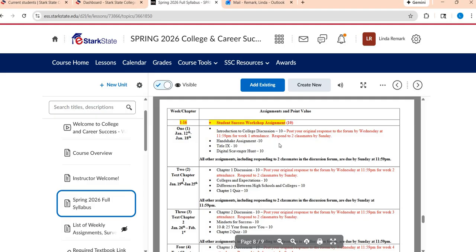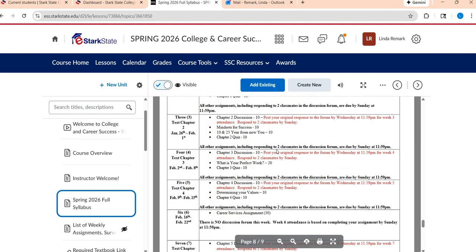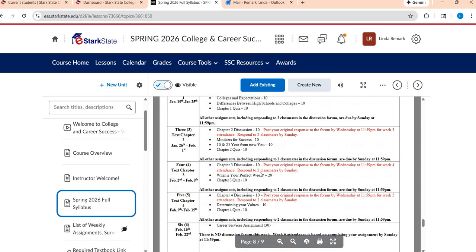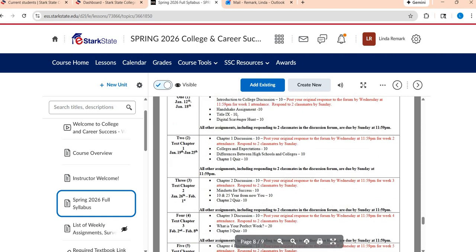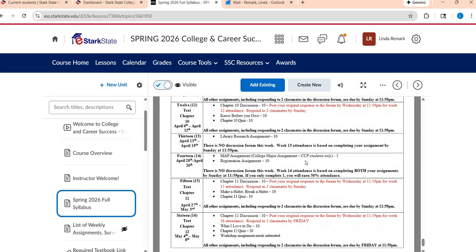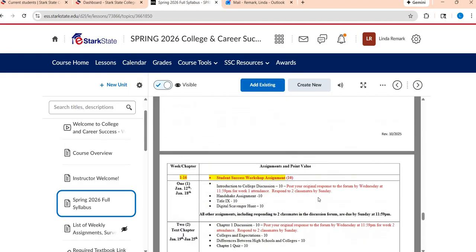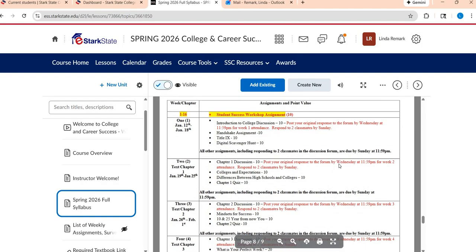So again, if you have a discussion forum, those are due Wednesday night, and I put that in red just to make it stand out a little bit. So you can see most weeks after we get a little bit more into the semester have a discussion, an assignment, and a quiz. The first couple weeks have a little bit more because you're getting acclimated to things and a couple little assignments here and there. So just make sure you take a look through. I definitely recommend you saving the syllabus and possibly even printing it, at the very least printing the calendar, or having some other kind of device if you have a hard copy planner or you use a planner on your phone, something like that. I encourage you to write down your assignments